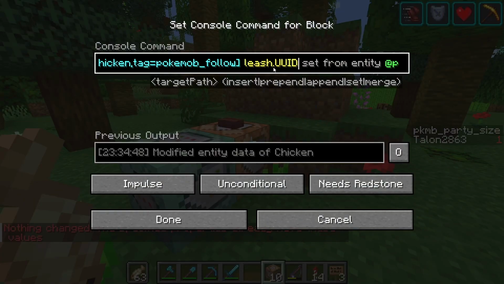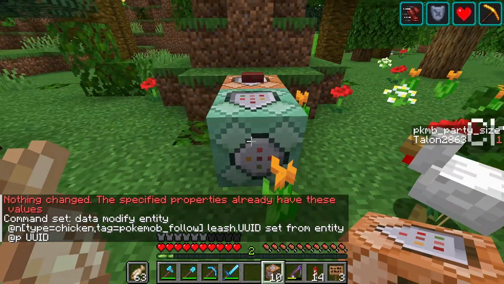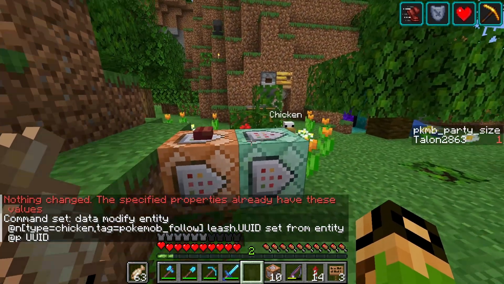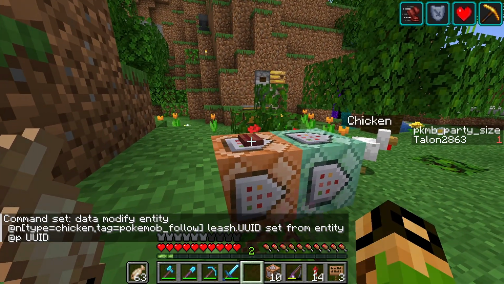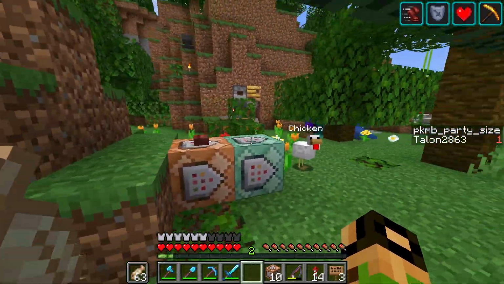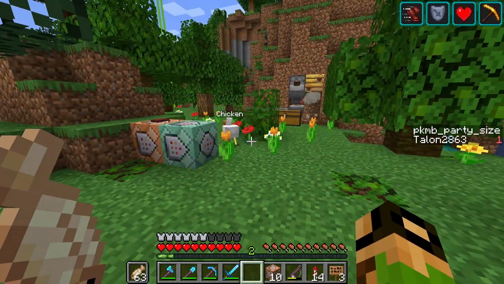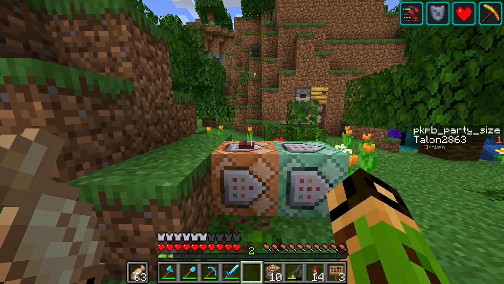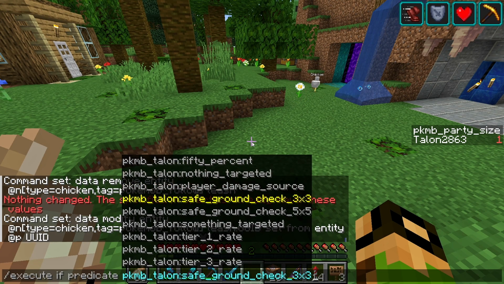Or maybe I need to put the UUID in. Oh yeah, you saw it for a split second there. Doesn't really seem to influence the chicken's movement very much. I guess it did stop him. Oh, not really. Well, one thing we can definitely do for movement that I have apparently forgotten to add is